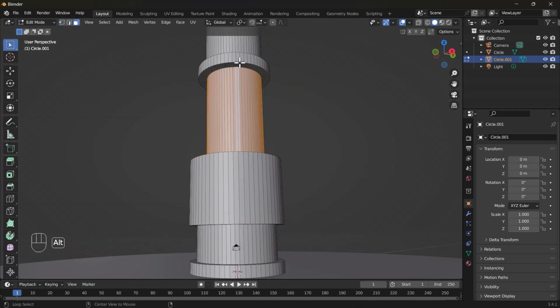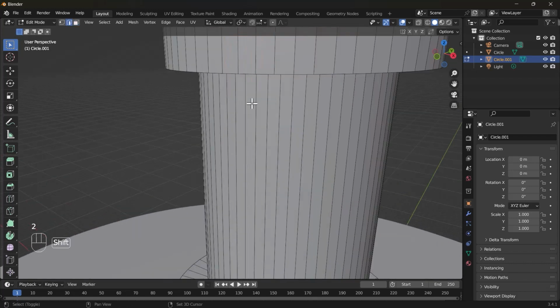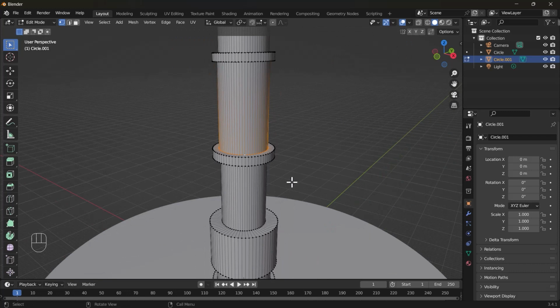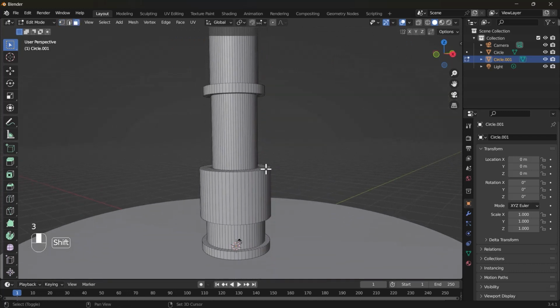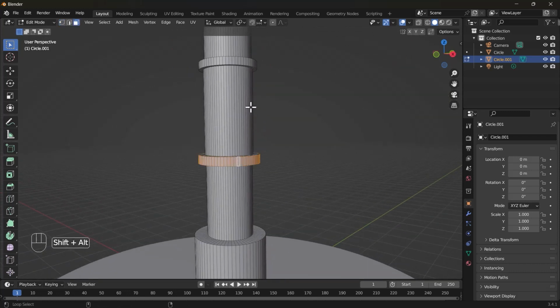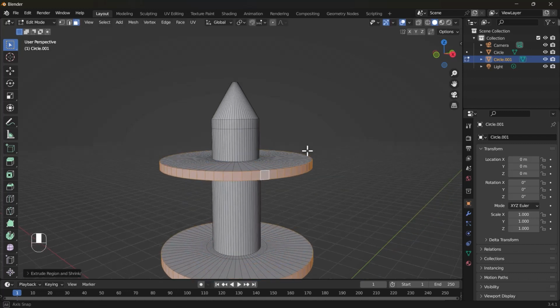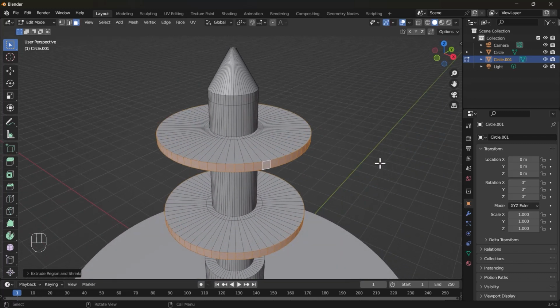You can press Alt plus left click to select a whole loop of faces or edges or vertices, relative to which mode you are in. And also, if you want to extrude a whole loop in their respective normal directions, then you can simply press Alt plus E and you see different options. Click Extrude Faces Along Normals to extrude the whole loop connected. And if you want to extrude each face individually, select Extrude Individual Faces.